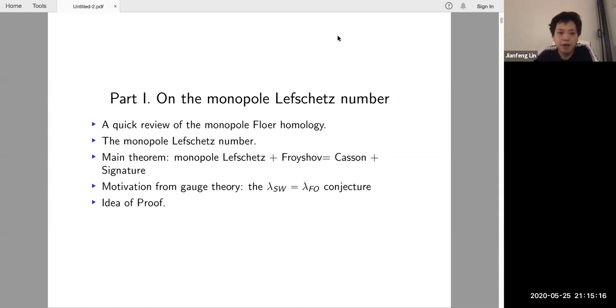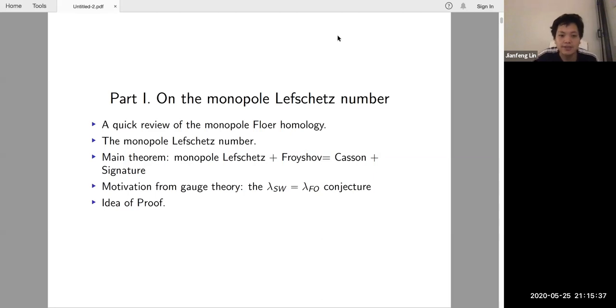In part one, I will first give a quick review of the monopole Floer homology, and then I will define the monopole Lefschetz number of a self-diffeomorphism on a three manifold. And then I will state the main theorem, which can be summarized as monopole Lefschetz number plus Froyshov invariant equals